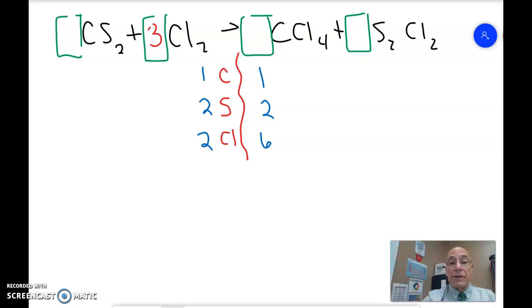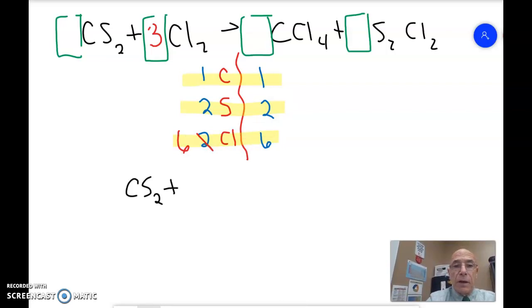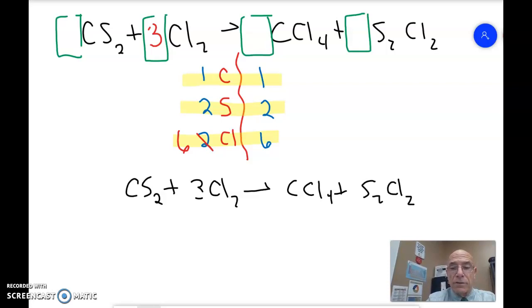When you do that, I have 3 times 2. Now I have a total of 6 chlorines. And notice, using my highlighter here, my carbon is balanced, my sulfur is balanced, chlorine is balanced. My answer looks like this: CS2 plus 3 Cl2 yields CCl4 plus S2Cl2. And you could read that back as carbon disulfide reacts with 3 moles of diatomic chlorine to produce 1 mole of carbon tetrachloride and 1 mole of disulfur